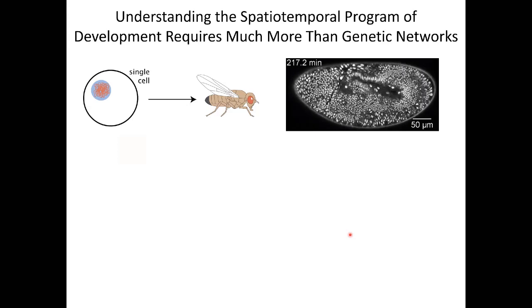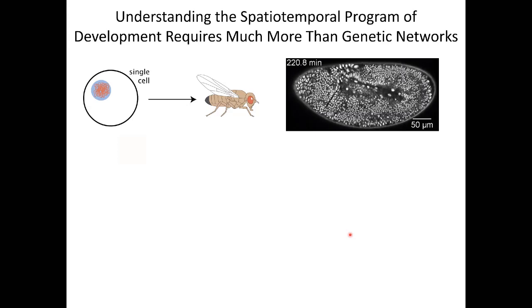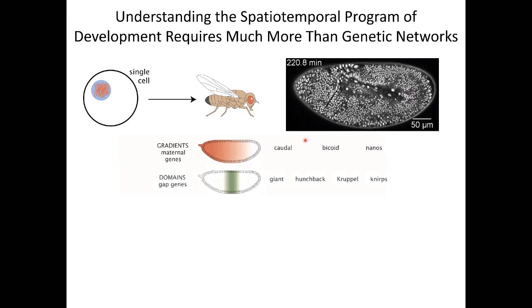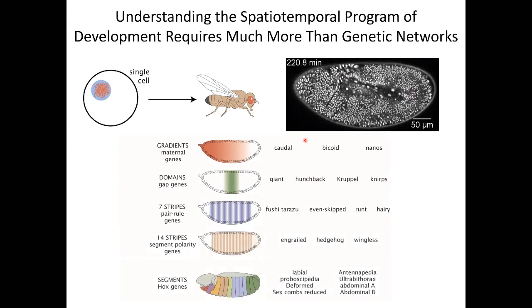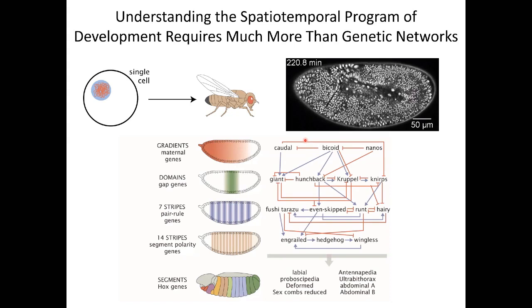Now, the cool thing is that we know the identity of the transcription factors that endow cells with their identities. Not only that, we know that they're organized in different layers with patterns with increasing sharpness. There's a first layer of activators and repressors expressing shallow gradients that leads to genes expressing broad domains that gives you genes in 7 stripes, that gives you genes in 14 stripes that ultimately segment the embryo, and think of the vertebrae of your spine as your segments, and endow the segments with an identity. Are you going to be a wing segment or a leg segment, for example? We don't only know the identity of these transcription factors, we also know the regulatory connections. So this is an amazing state of the art to start asking the types of questions that we're interested in.